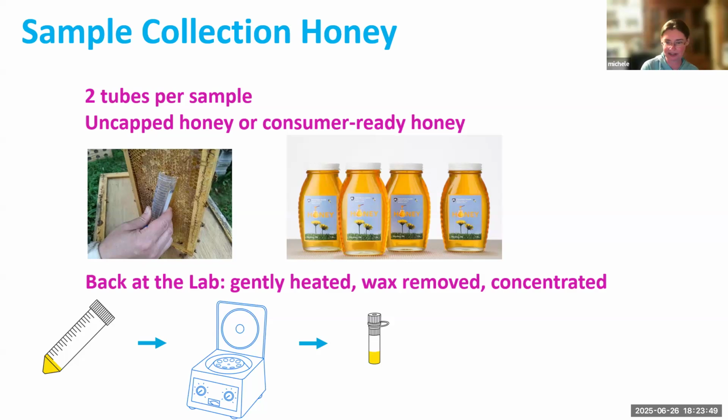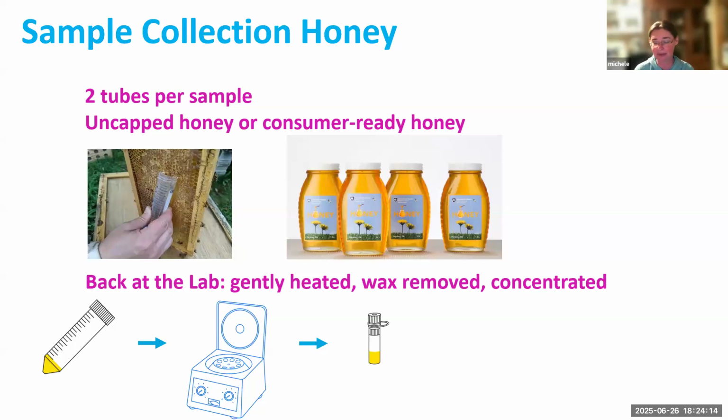Once I get the samples back at the lab, I warm them up. My daughter loves my crazy, it's not a water bath, it's a bath that has aluminum beads in it. So she's just riveted. I'm like, each of those beads is a fortune. Leave them alone and don't touch them. But warming the samples in my lab is really interesting to my 7-year-old right now. The samples are heated, and if there's wax in there, the wax comes right off.